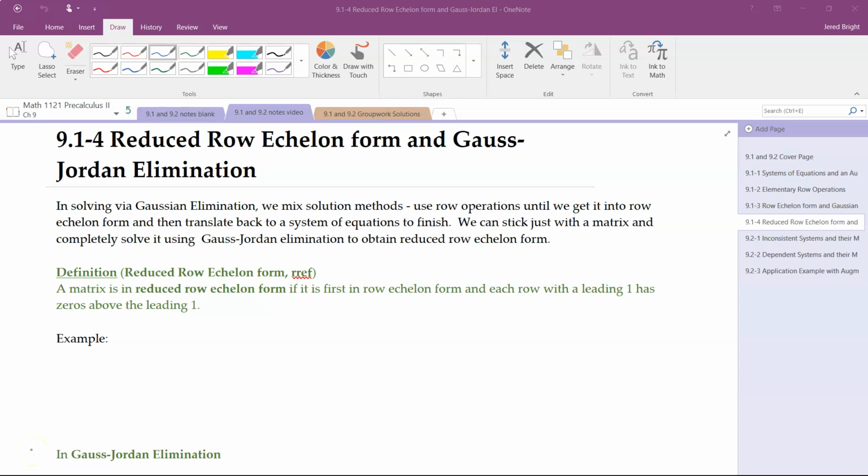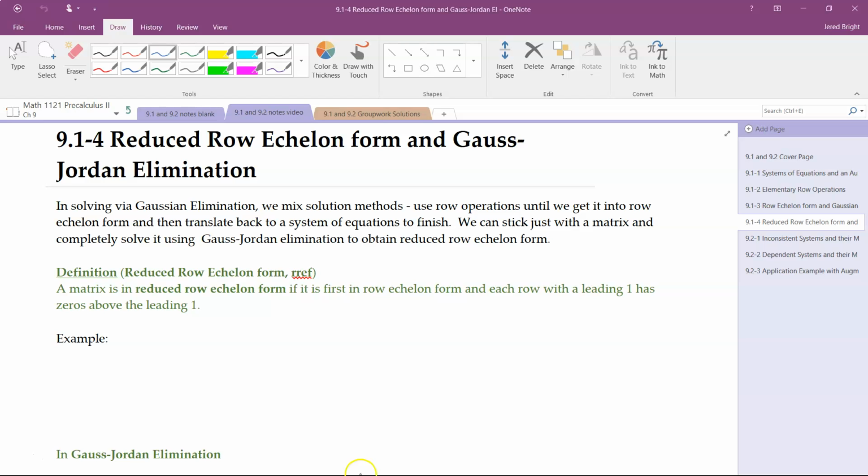We just finished solving a system of equations, actually two of them, with Gaussian elimination. There is a second method of using a matrix to solve a system of equations. It's called Gauss-Jordan, or Jordan, technically, elimination. And that procedure requires us to get the matrix in not only row echelon form, but what we call reduced